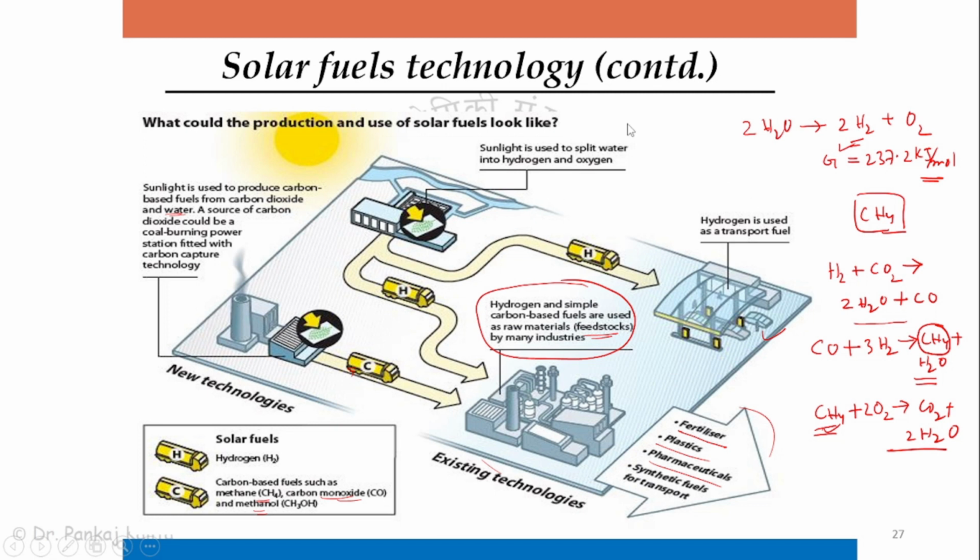Solar electricity can be used to split water and the hydrogen is stored. What is the calorific value of hydrogen? About 148 or 150 megajoule per kg. So solar energy is used to split the water, and hydrogen itself has a very good calorific value. That is basically a solar fuel, which can be used for various purposes like fertilizer, plastic, and pharmaceuticals. The splitting of water has a Gibbs free energy of 237.2 kilojoule per mole.